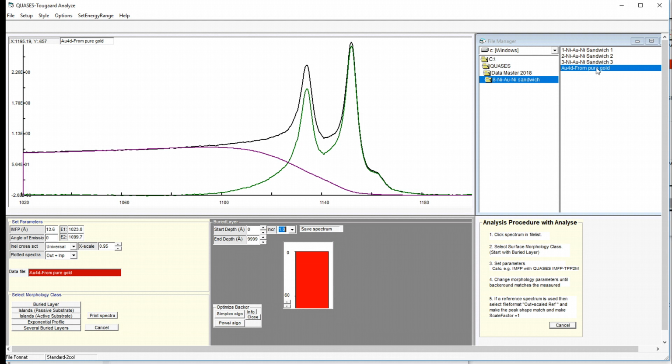You could deposit a lot of material on top of a substrate, and then say if you have at least 100 angstroms, then you know you go from 0 to 100 angstroms. You can simply put in 100 here and do the analysis and find the primary spectrum for that. Because the idea is now that with the Quases analysis,